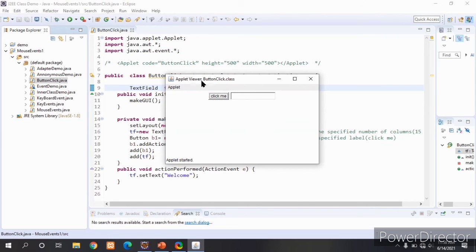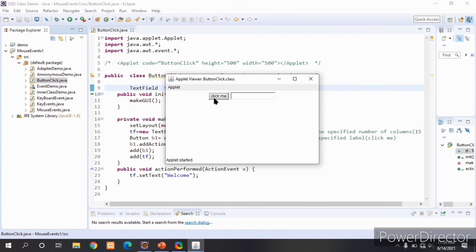We are running using the applet viewer. Which class are we running? ButtonClick.class. How will the applet viewer know to run this class? I am writing ButtonClick here in the code. Whatever Java class or file name we provide, it will pass and show the output of that file.